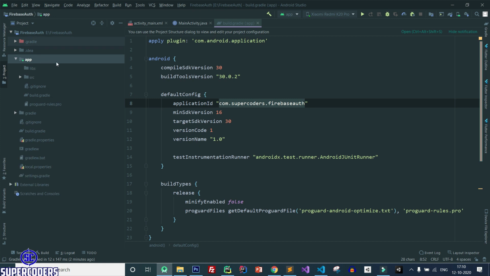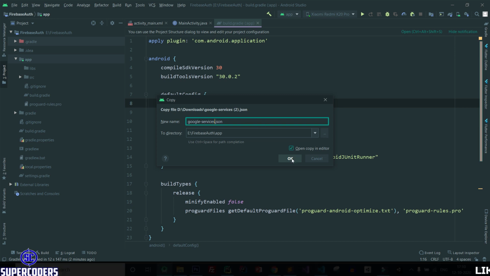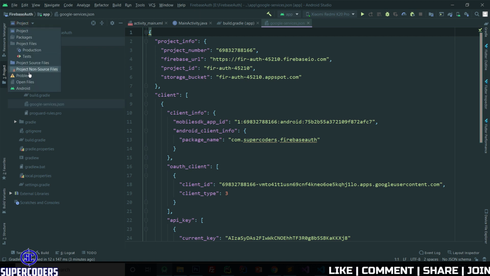So you need to paste your file here in app, and also you can see it is showing google-services 2. So remove this 2, only google-services.json. Click on OK. Now you can see file has been pasted inside app folder or app package name. Again change this to Android.